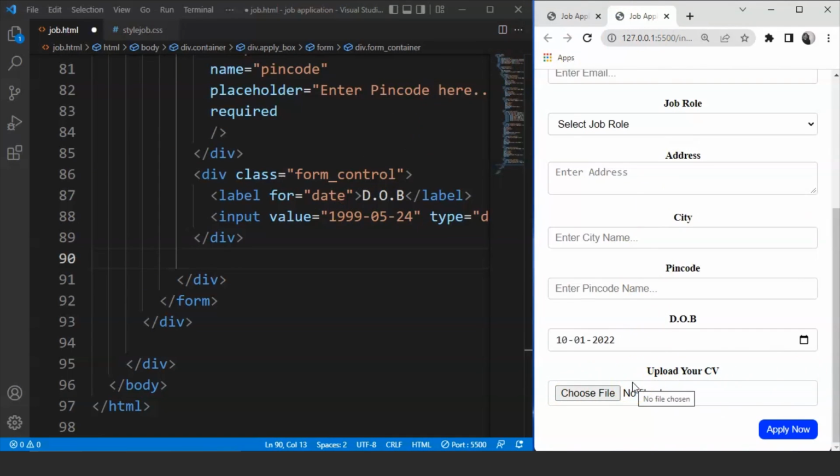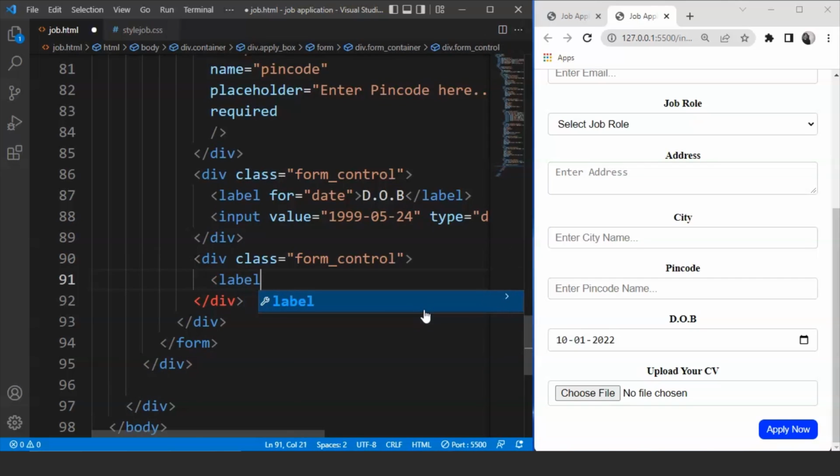We have to create an option where the user can choose a file from his system and he can upload it. Fine. So let's create this as well. We'll see how we can do it. Now what we have to do is we have to use another div tag for this. Fine. So we'll write here div. Class is going to be the same. So we'll write here form control,